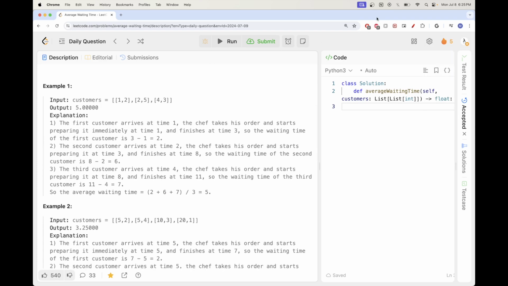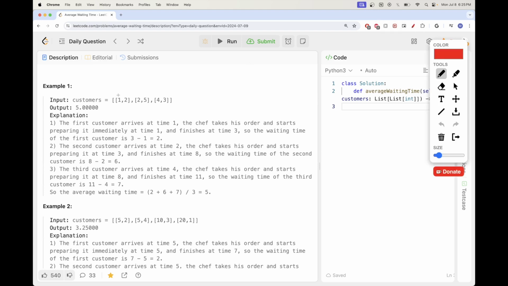Now taking a look at the first example just to get an idea of how this works. So customer one arrives, and so we start them off. The shift starts at time 1, and then they prepare it. It takes 2 units of time, and so at time 3, their order is done. And so once they are at time 3, they can take the second order. And so you can see the second customer arrived at time 2, so they already had to wait 1, right? Between 2 and 3 for the chef to start their order,